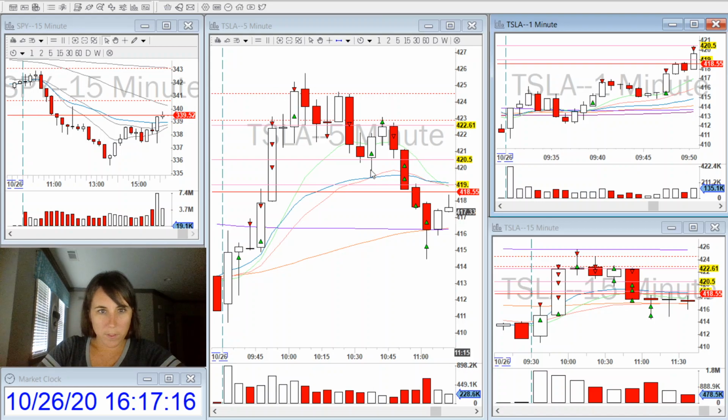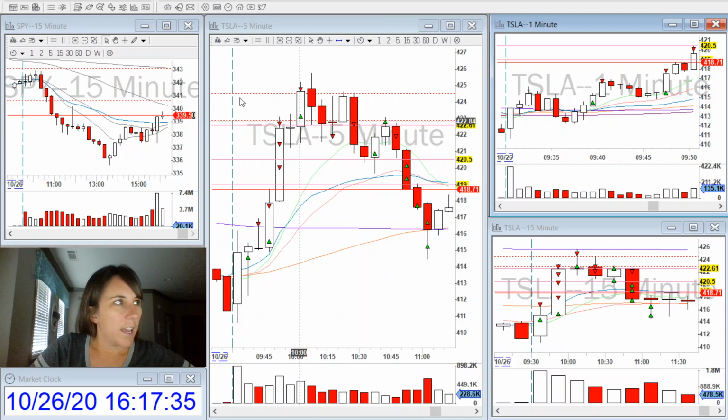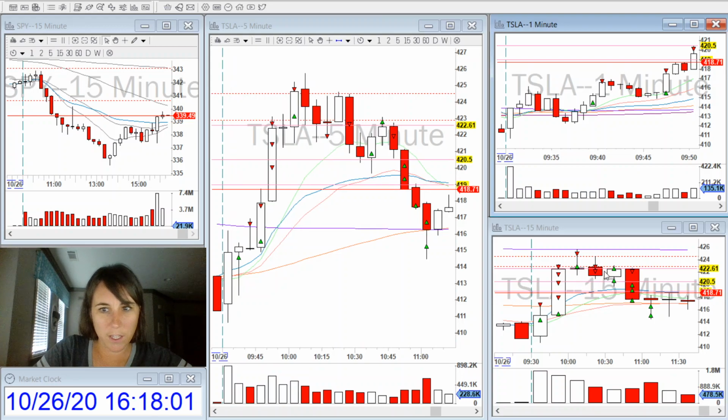And then, yes, I have quite a bit of a Christmas tree going on here. I partialed up through either levels I have marked from the daily or moving averages. And then I added one more time here as it was making an ABCD pattern and it made a new high. I added, and this partial was taken at the 200 moving average on the 15-minute chart, and it was above this marked daily level. And then it came down, and when it made a new 15-minute low, I exited the rest of my position